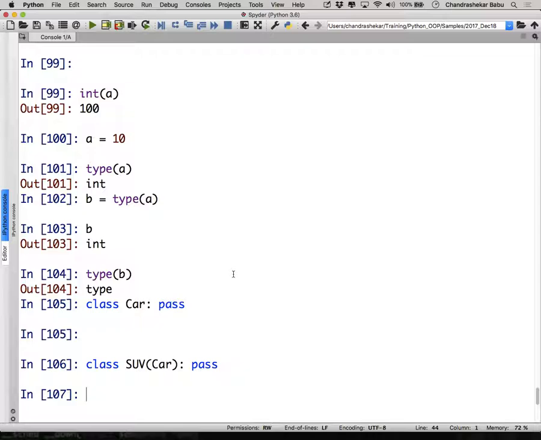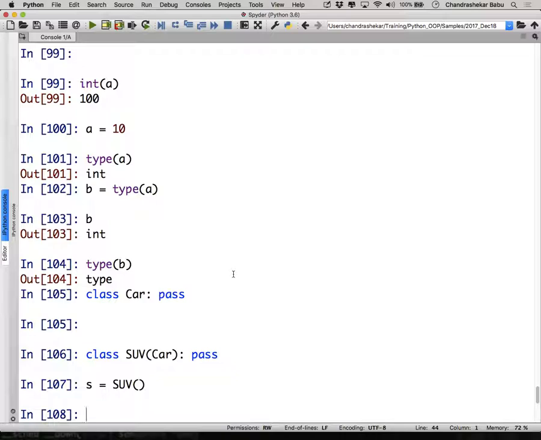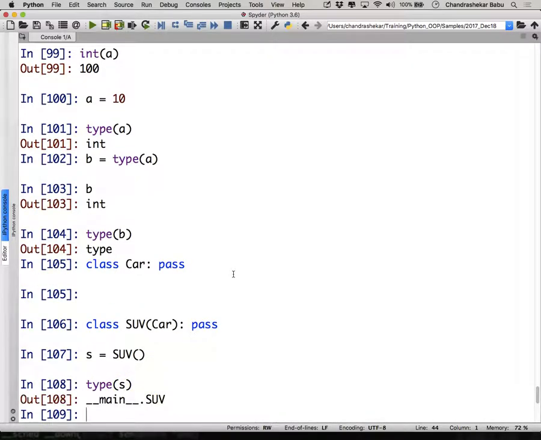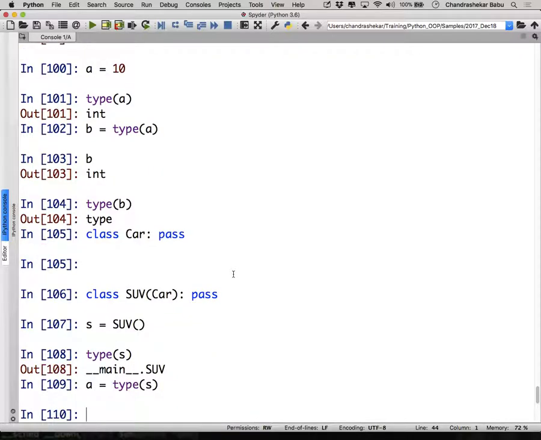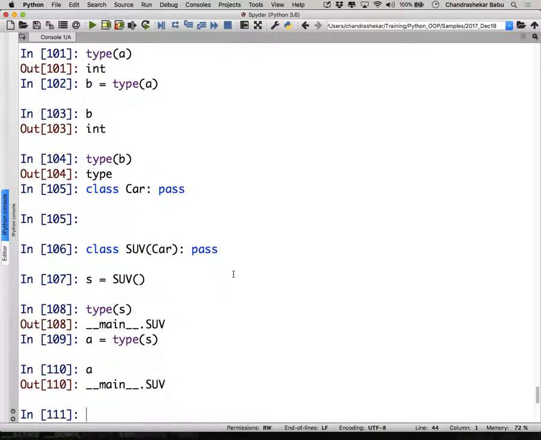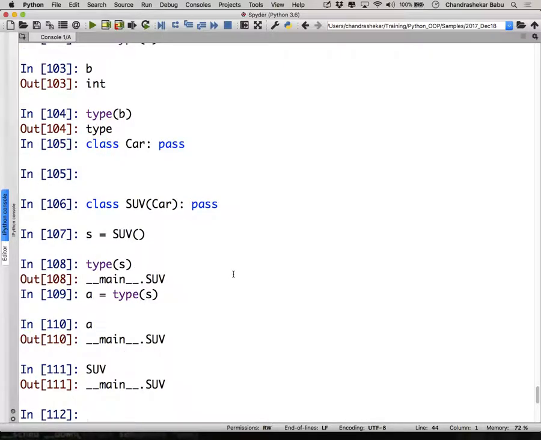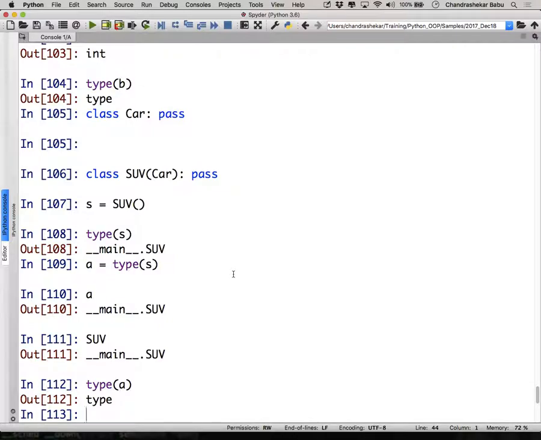I'll say s = SUV(). The type of s will tell you it's __main__.SUV. I'll just say a = type(s). a is nothing but referring to the type, the same as SUV. See, this SUV will print __main__.SUV. Am I correct? The type of a will tell you its type.